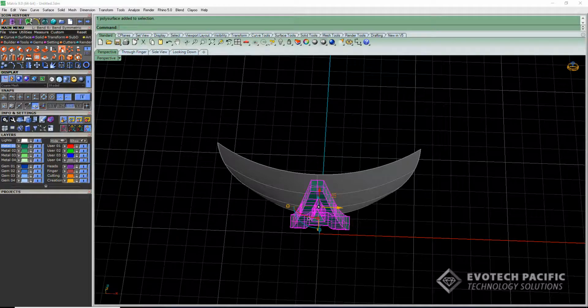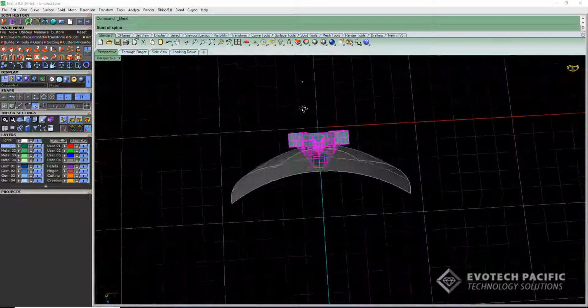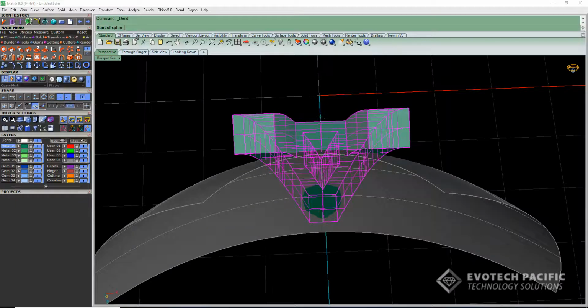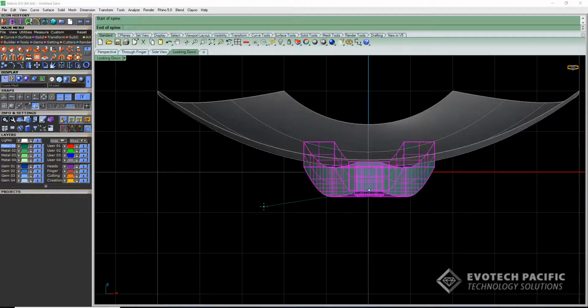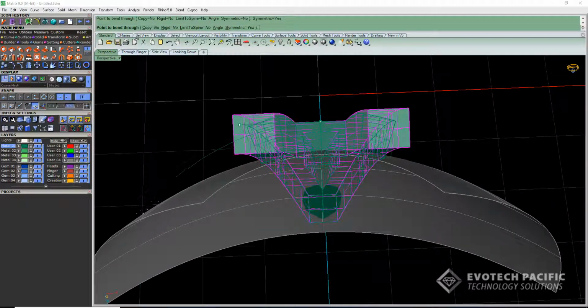and we'll go to bend. The start of the spine this time, we'll take it to this midpoint, and just in the looking down, I'm just going to take that out. As I said before, just hold down shift, something like that will be fine, and then make sure symmetric equals on, and then go back to perspective,